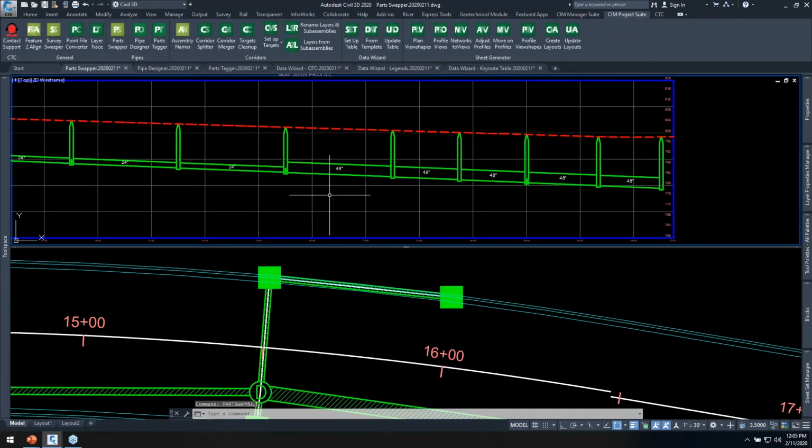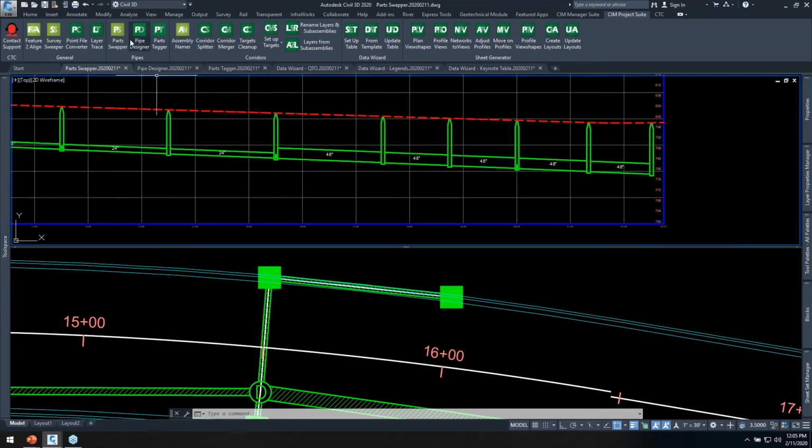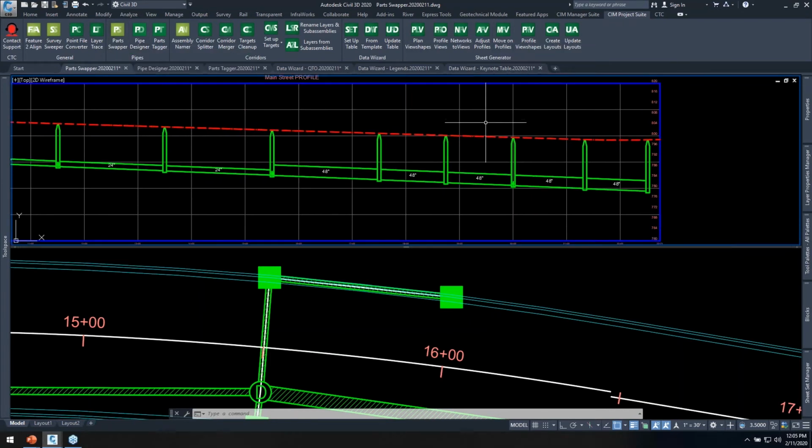So normally it'd be every part we'd have to do that one by one. We can do it all at once here. That happens to be a free tool, in fact. All the light green buttons in the CIM Project Suite are free tools. You can download them, use them, and definitely the green ones are free with a trial, and then paid after the trial